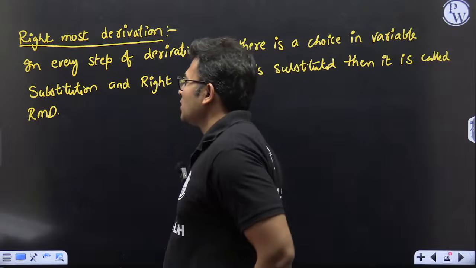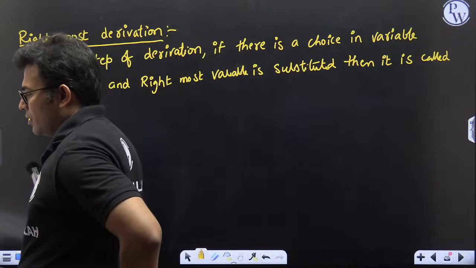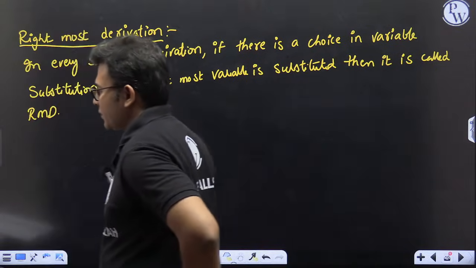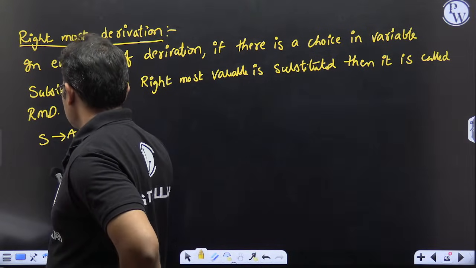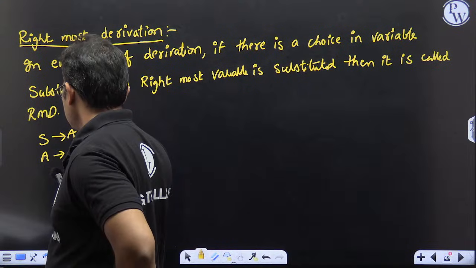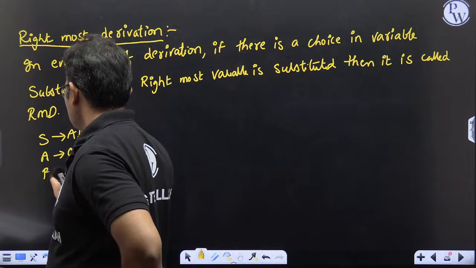For example, if there is a grammar S derives AB, A derives A or epsilon, B derives